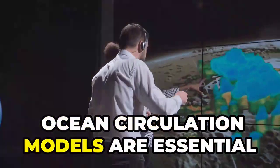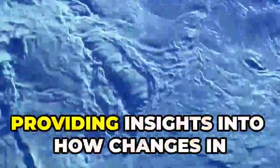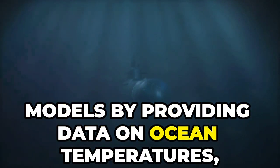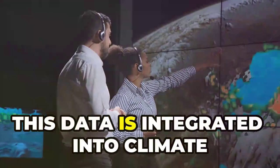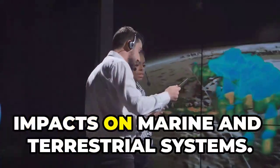Ocean circulation models are essential tools for predicting climate change impacts. These models simulate the movement of ocean currents, heat distribution, and nutrient transport, providing insights into how changes in the ocean may affect global climate. Deep-sea research contributes to these models by providing data on ocean temperatures, salinities, and current patterns. This data is integrated into climate models to improve predictions of future climate scenarios and assess potential impacts on marine